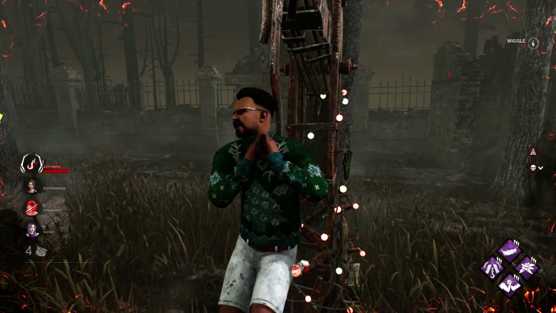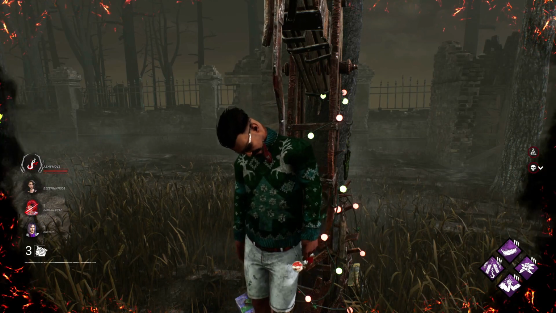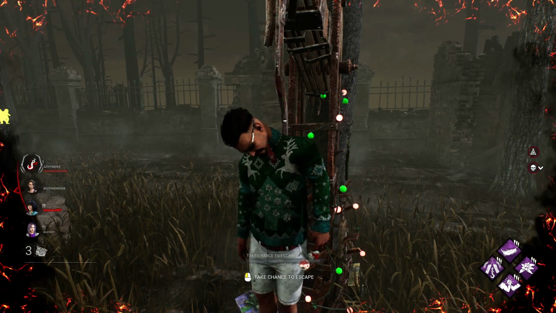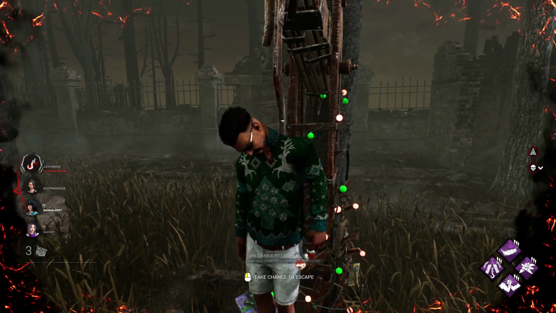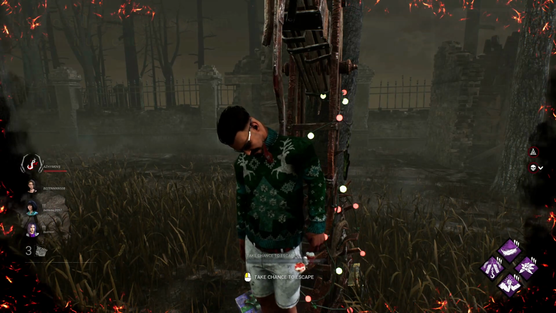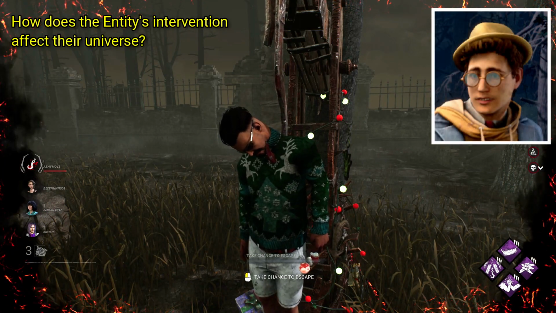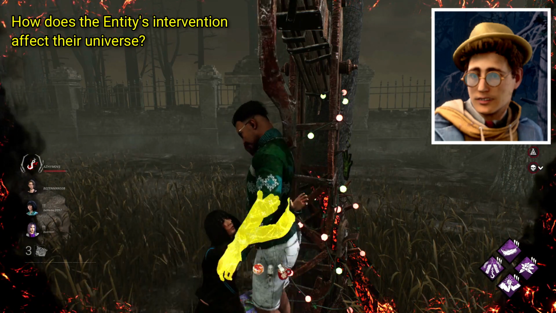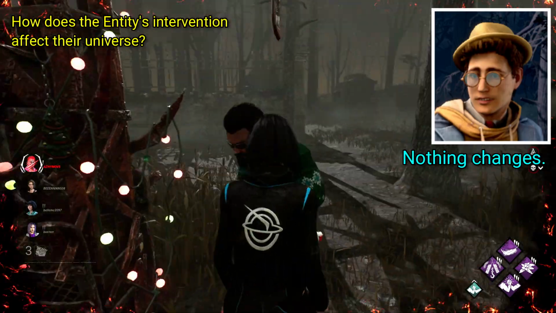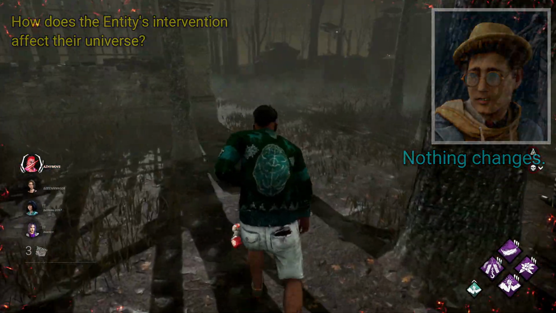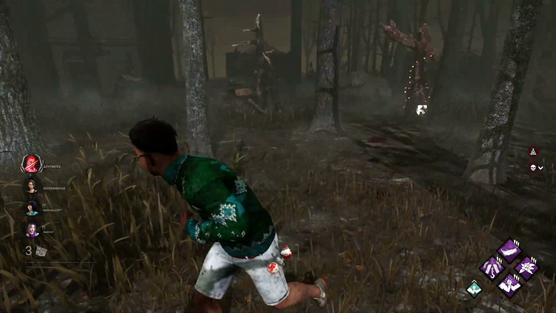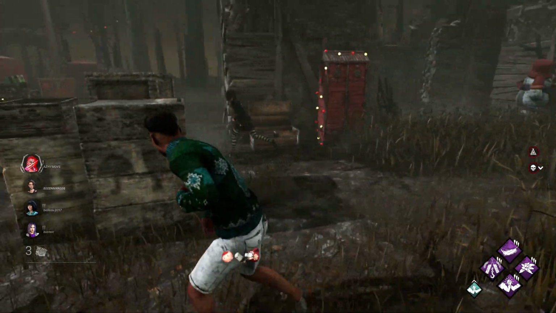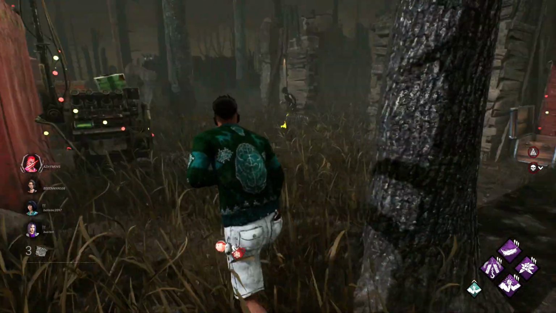The reason I didn't initially want to include original characters was because most of them are regular people, rather than saviors of the world like some licenses. Someone like Dwight, say, disappearing in the woods is spooky because people disappearing happens in our own world, and largely the world is unaffected by their disappearance. For basically every original character, this is the case. To the broader world, nothing much changes. To their universe, nothing changes.